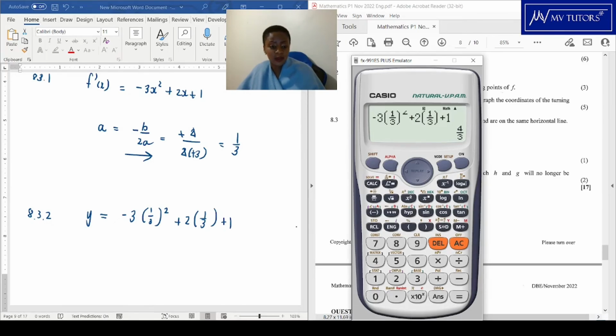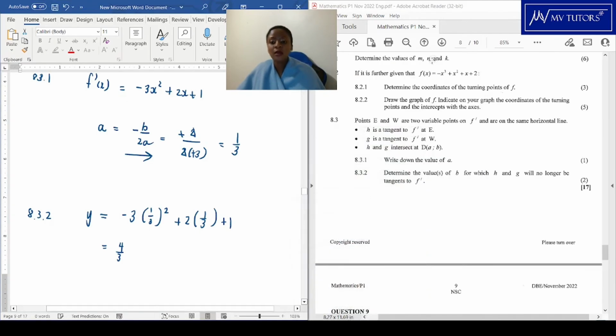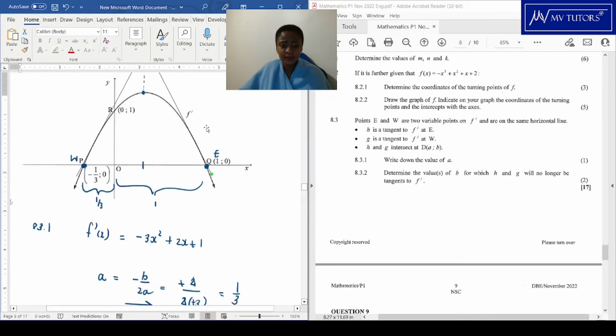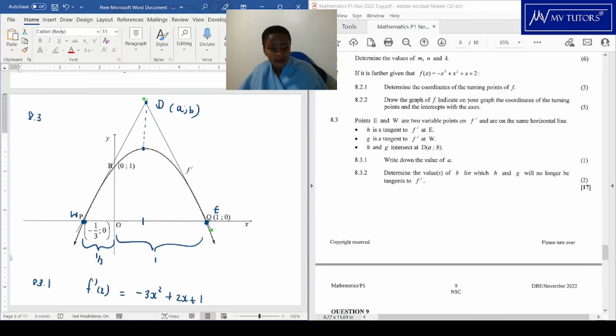That's the y value, 4 over 3. So now they're saying determine the values or value of b for which h and g will no longer be tangents. So if this y value here, if we extended this line, is 4 over 3, which is 1 and a third, if we took it down,